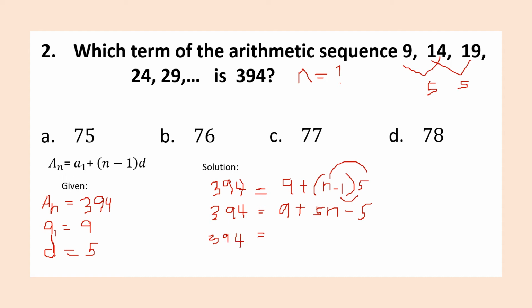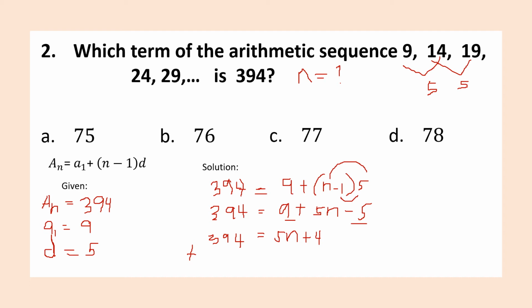Okay? And then, kopyahin ko muna yung 5n. Okay, so 5n. And then, pagsamahin natin itong mga constant or yung mga numbers na nakikita natin. 9 minus 5. So, that will become positive 4. Okay? Then, following addition property of equality, kailangan maiwan lang si 5n dito sa right side ng equal symbol